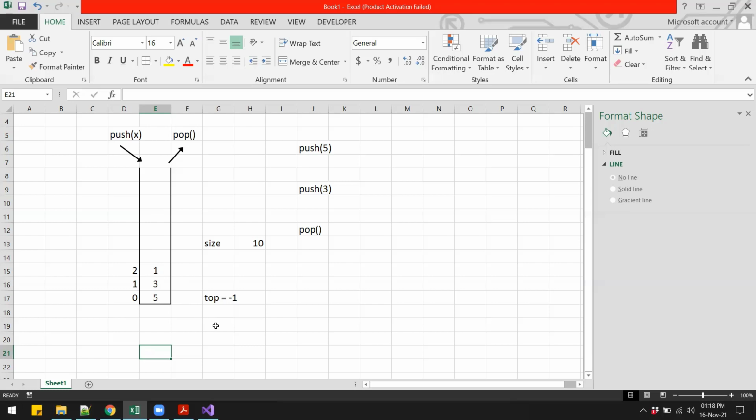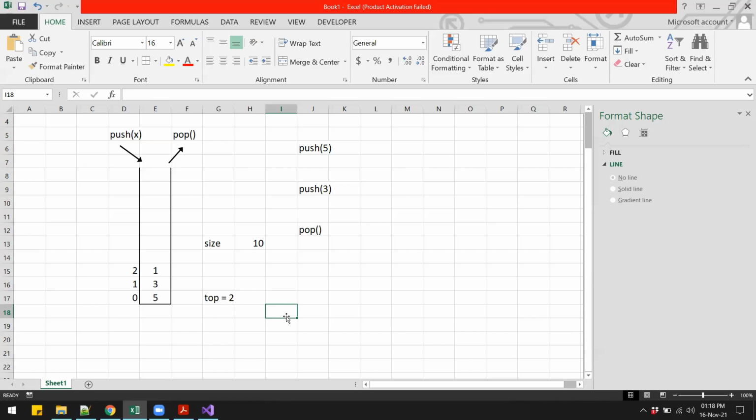So I can say if I want to get the topmost value, then I can access that using the stack, and I can go at index number 2. So that is going to give us the value 1, right? So you can either directly keep the value of the first item in the top variable, or you can use that as an index. If I use that as an index, then the value of top will be 2, because the topmost item is at index number 2. So which one should we use?